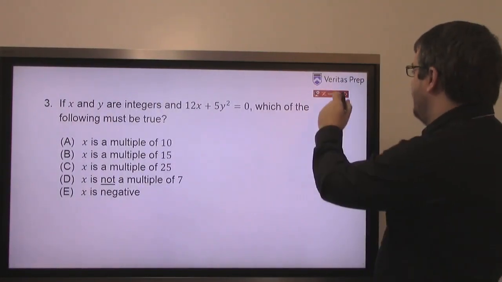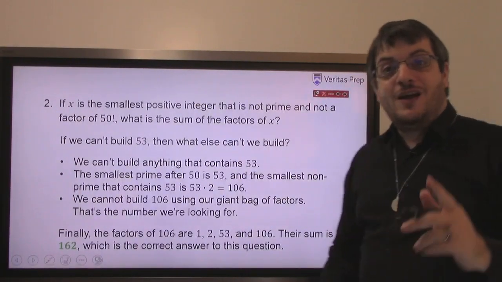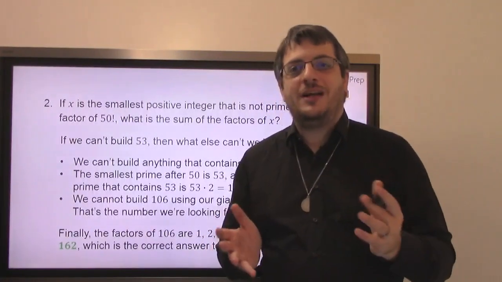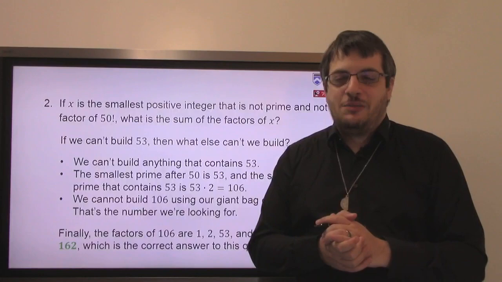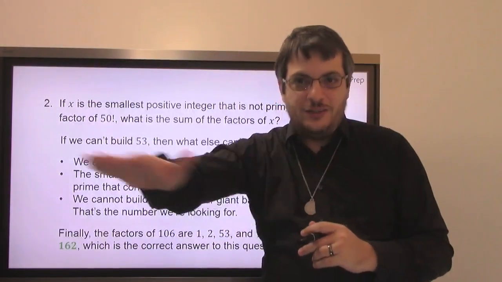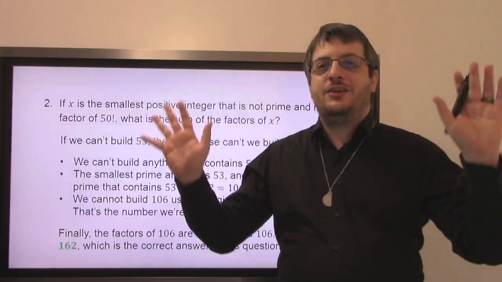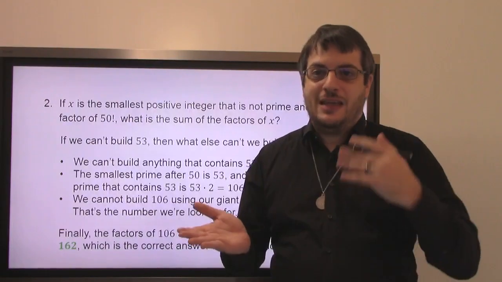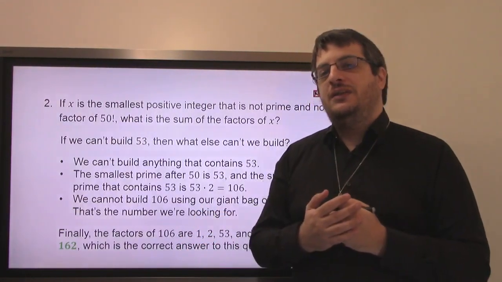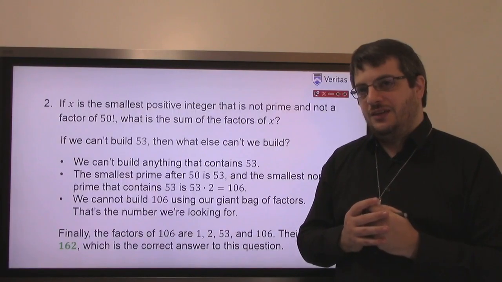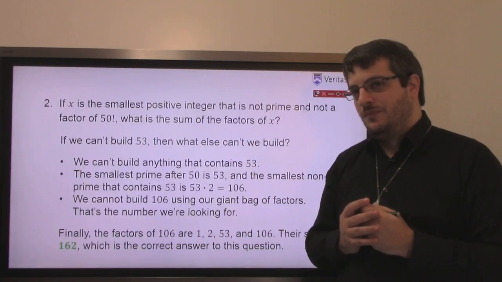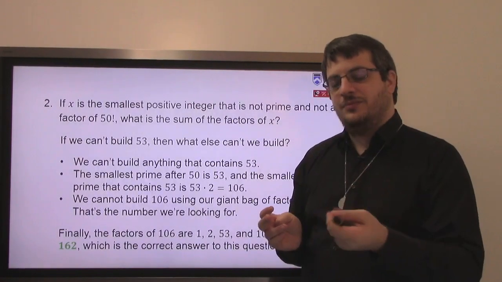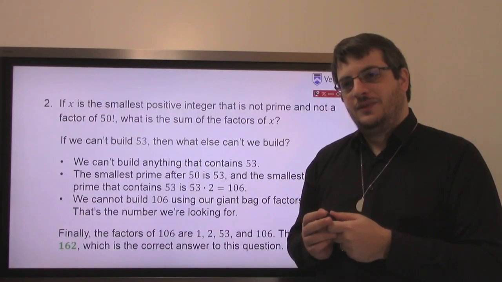This is a fun one. Oh, hang on, I got a question. Let me take the question. You're right, Div, it does say not prime, and 106 isn't prime, right? I mean, if they hadn't said not prime, I would have just said, okay, 53, and I would have been done with it. But 106, not prime. 106 contains primes because every number contains primes. But Div, do you agree that 106 is perfectly fine to use here because it's not prime? Agree? What do you say, Div?